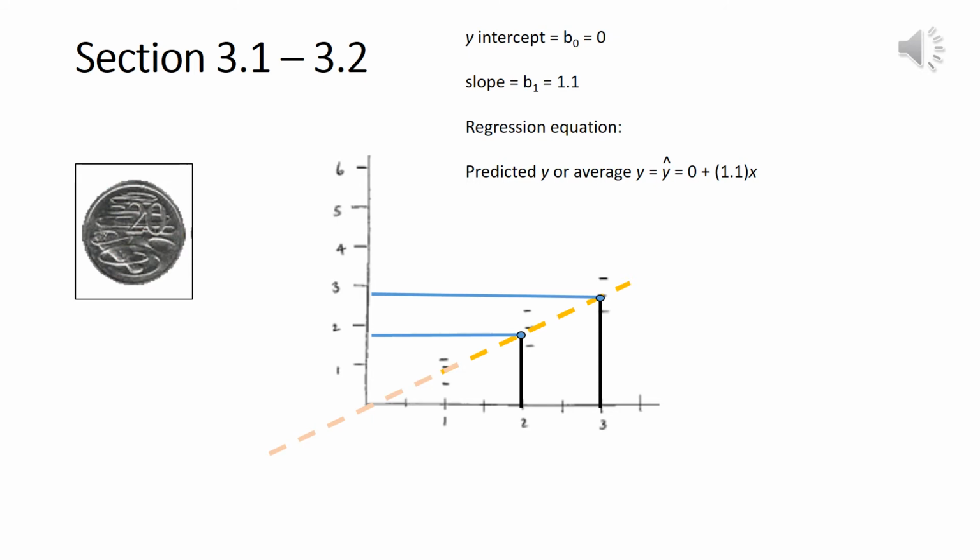We can then plug this into our regression equation. Okay, so our predicted value for y, or our average y, which we also refer to as y hat, in this case would be 0, our beta 0, plus 1.1, our estimate for beta 1, and then x,